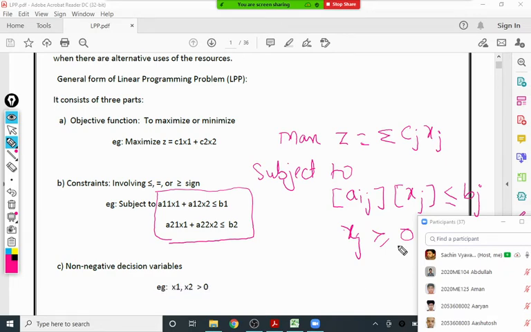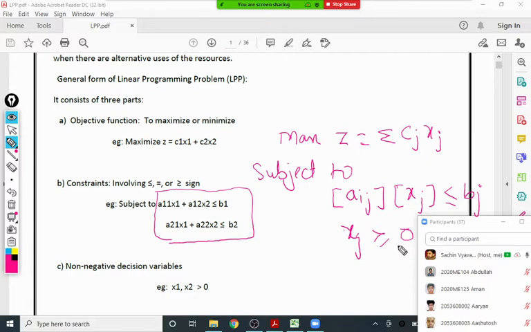Okay, so let me see how we formulate the LPP. Formulation question, in the last 4 years, was never asked in the exam. Not a single question came on the formulation of LPP. But yes, the first part of LPP is always a formulation, and once we formulate it, then only we solve it. So that way we are completing this topic.